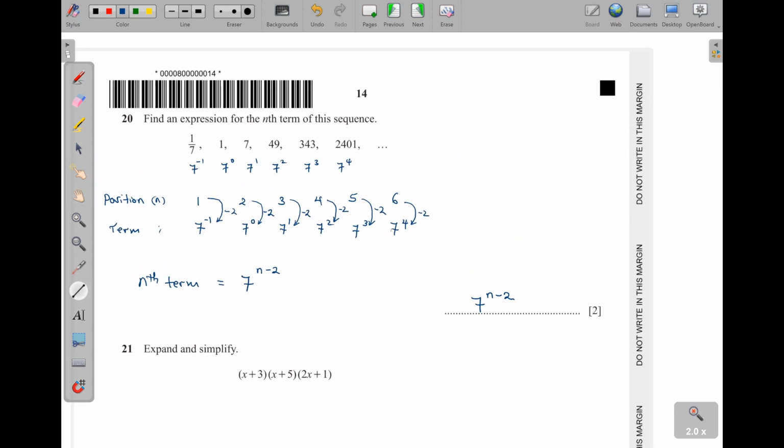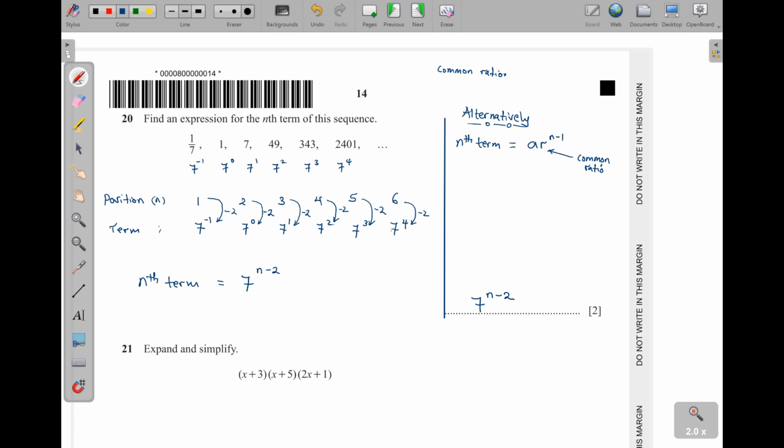Alternatively, okay, I always give alternative approaches. So alternatively, you can see that every now and then they are multiplying by something. Okay, they are multiplying by 7, multiplying by 7. That is what we call a geometric sequence. So the nth term is now going to be a times r power n minus 1, where r is the common ratio. We call it the common ratio. You get the succeeding term divided by the preceding term. So the common ratio,